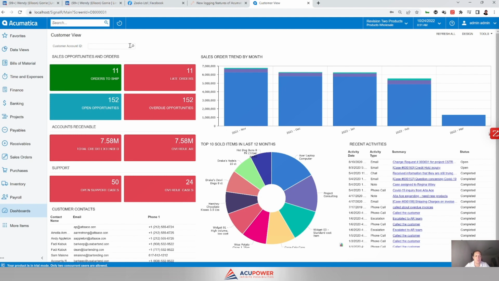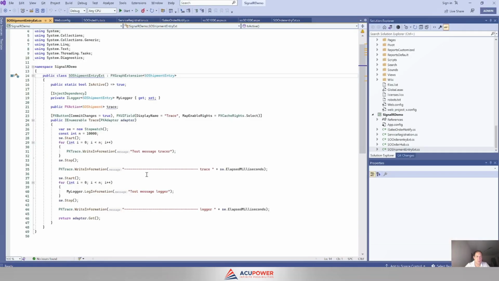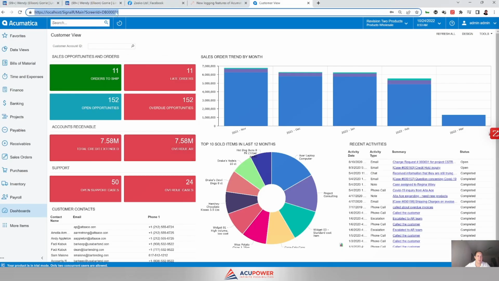Let me show you a bit more from the code standpoint. I created a graph extension for the SO shipment entry graph. Here I mentioned that I want to inject dependency, and above I have a stopwatch for PXTrace, and I want to compare the performance of PXTrace versus ILogger. In order to test it, I created the following code in the button. Let me navigate to the page